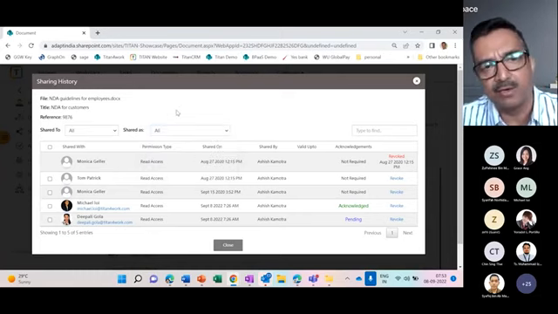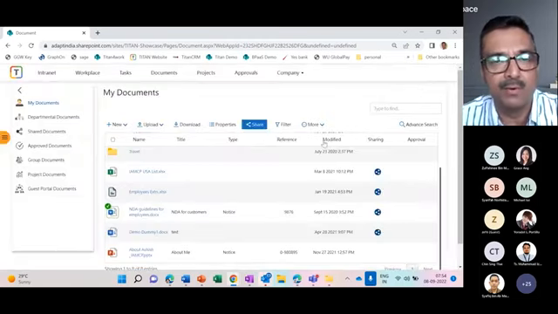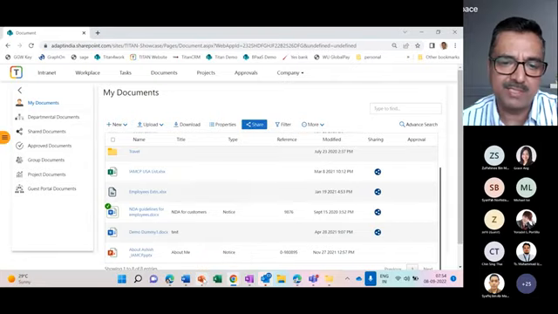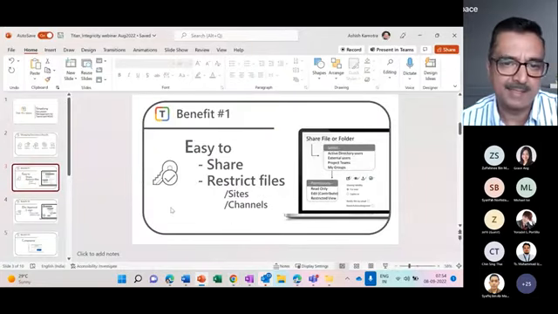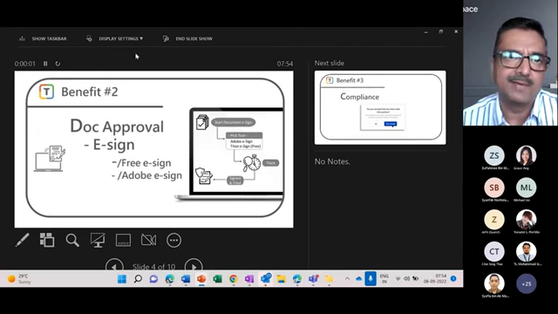It doesn't look like a very complicated document management system. And the good thing is it's all working with your own Office 365, same login and same ID that you're using. So this was my first use case that we're talking about, that putting restrictions is made easy. So my next use case is about the benefits of